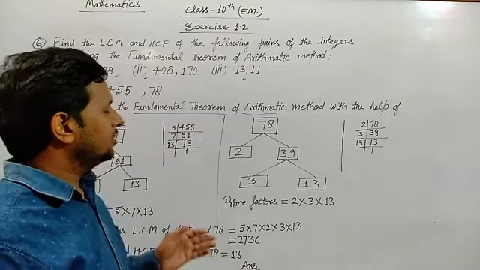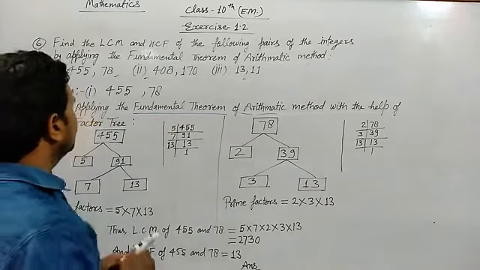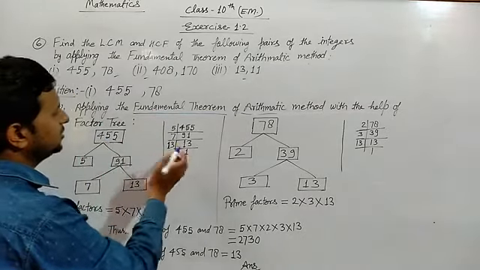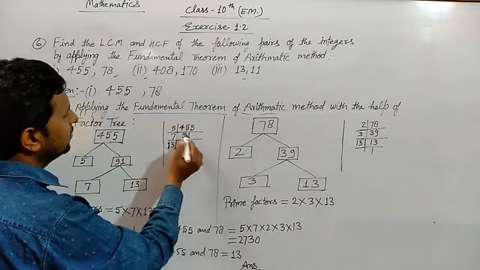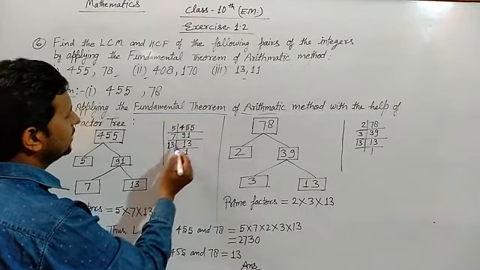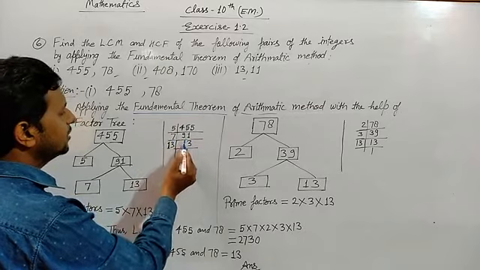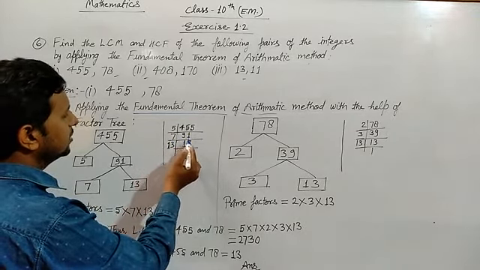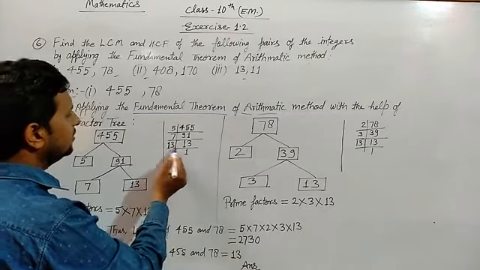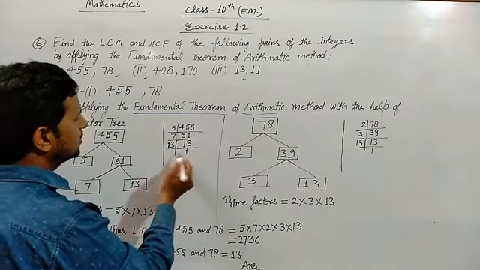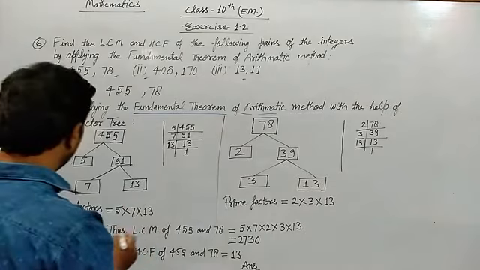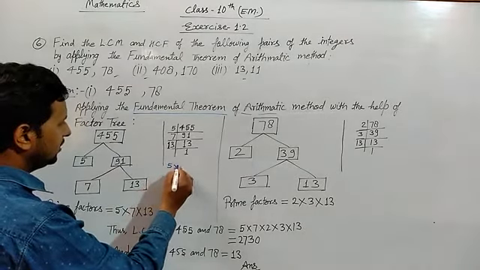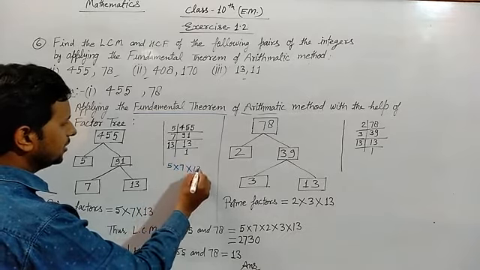Now we continue here. First of all we have to factorize here. 455 is factorized here. 5. First of all 5. 5 1 is 5, 5 9 is 45, 5 1 is 5. Again 7 1 is 7, 2 remainder here and 21 we get here. 7 3 is 21. Now it is 13. We take here 13. 13 into 13. So we find here the prime factors are 5 into 7 into 13.